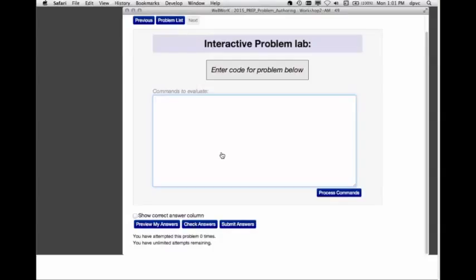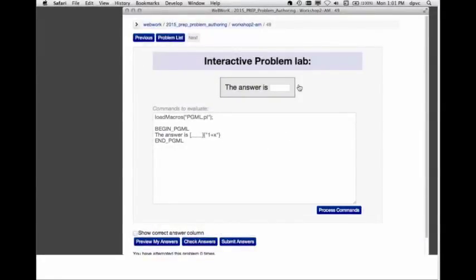So you could do something like load macros, PGML.pl. The basic macros are already loaded. And then do BEGIN_PGML and END_PGML. Put in here, the answer is 1 plus x. And then when you press this, it will lay out the thing for you. So this is a way of kind of testing out problems without actually having to make a problem file and save it someplace and assign it to a problem set. This lets you experiment with